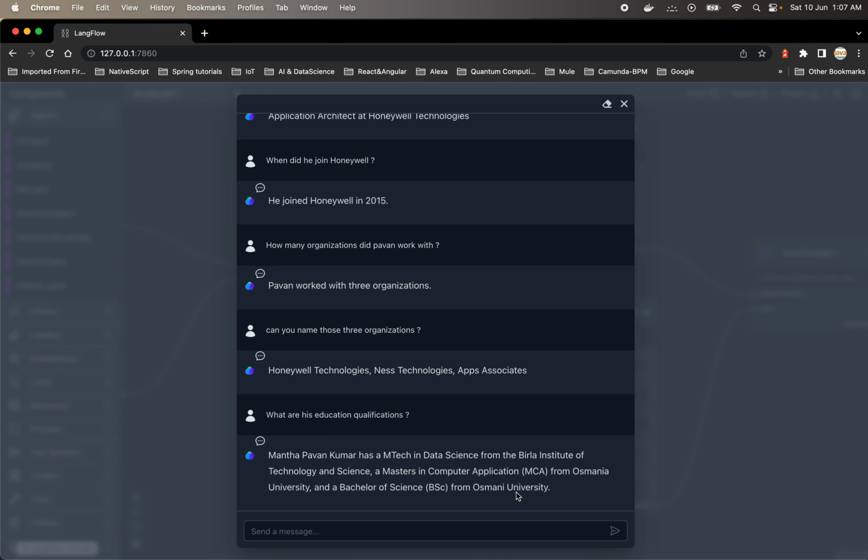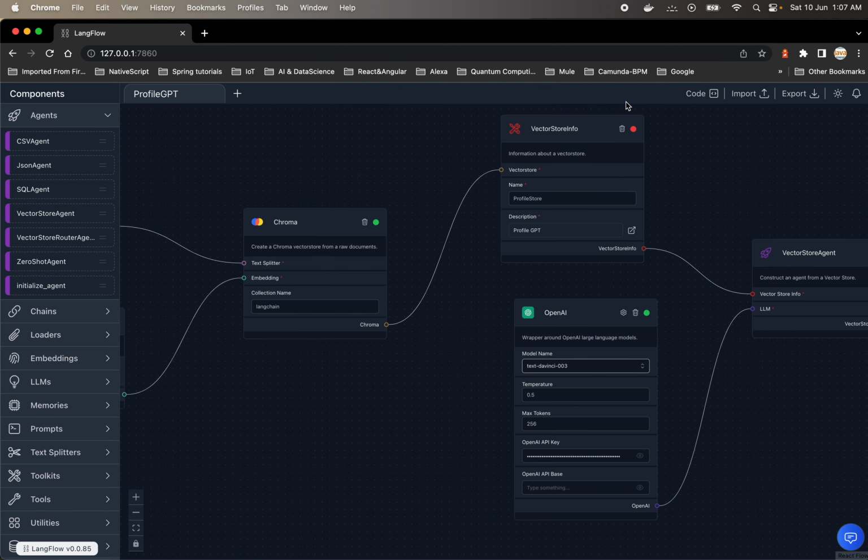I can train this on a directory also, give it a bunch of documents, and then finally get the answers from them. This is not restricted to profiles, you can do it for your own corpus of datasets and take advantage of it. Once the training is finished and you are satisfied with the results, there is an option provided with